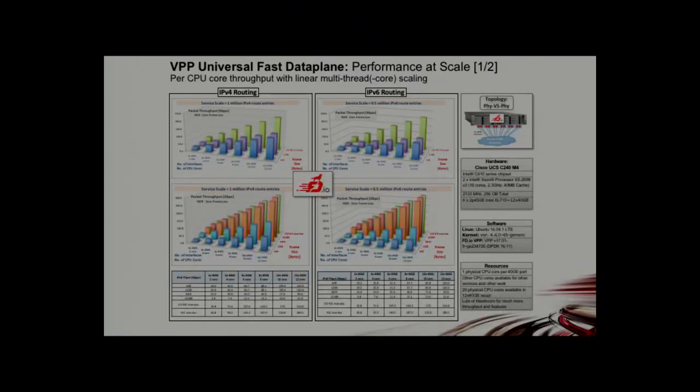By the way, with VPP we also have a testing infrastructure, which is all public. It's called CSIT. It's in the cloud. You can connect to it. It's under the Linux Foundation, and you can rerun the tests and read the measurements. All that is public. So what is interesting here is, we have IPv4 and we have IPv6.